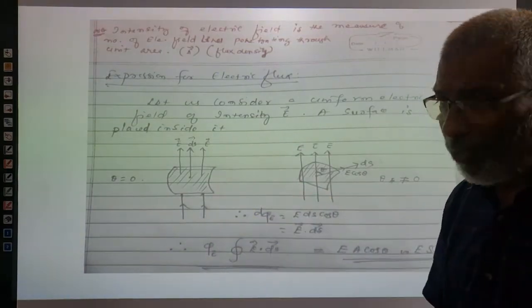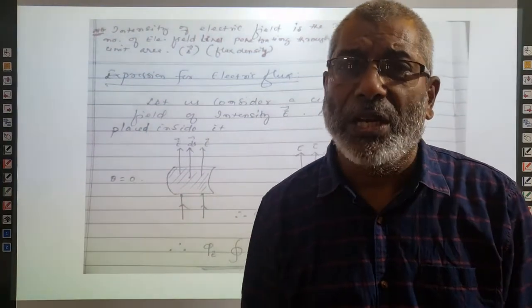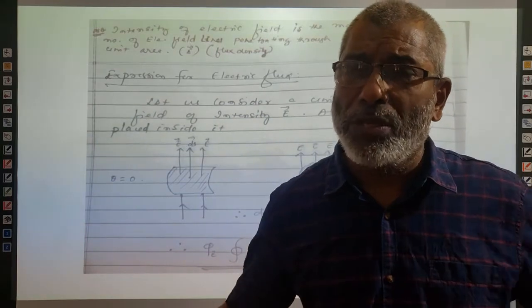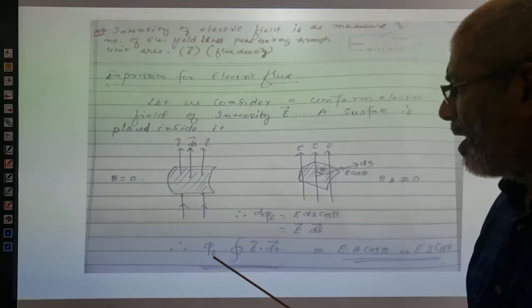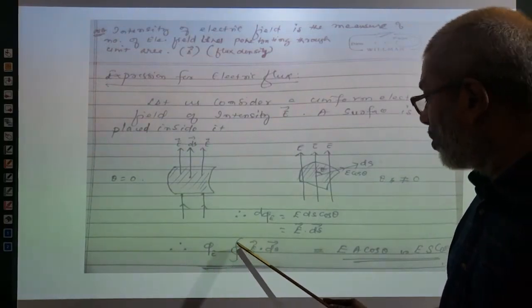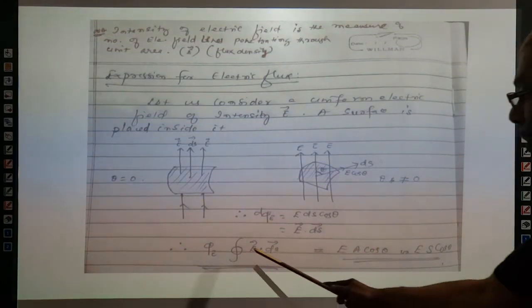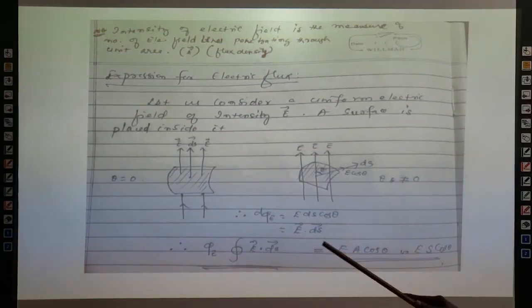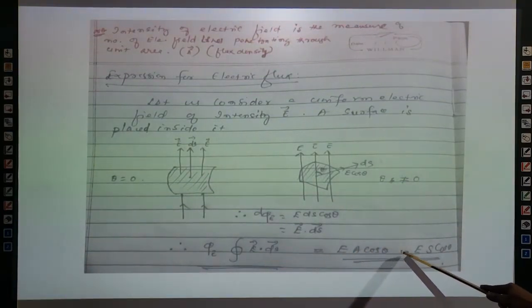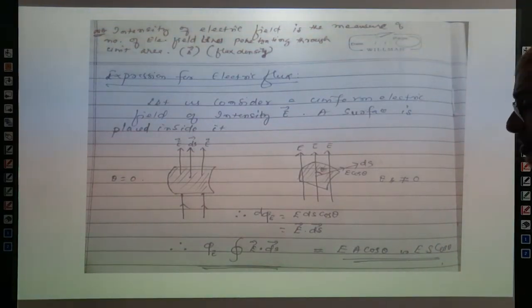If it is a closed surface inside which a charge is placed, and due to the charge an electric field is created within the closed surface, then the total number of lines of force passing through the closed surface is given by phi is equal to integral E dot ds for a closed surface. So this is equal to E A cos theta, because the total area, big area means A. That is why we can write E A cos theta.